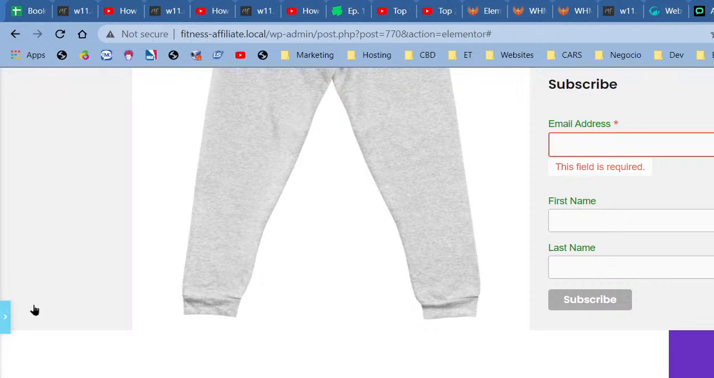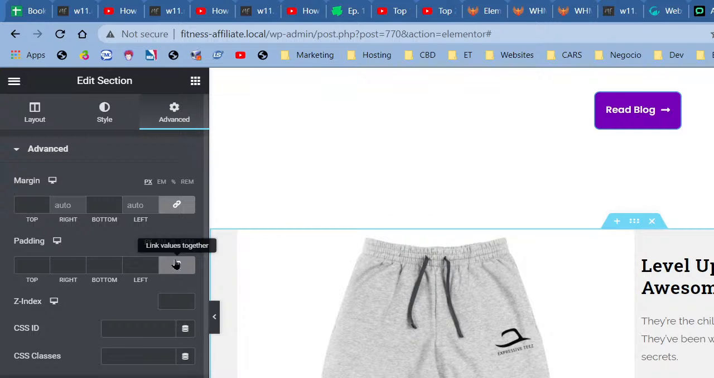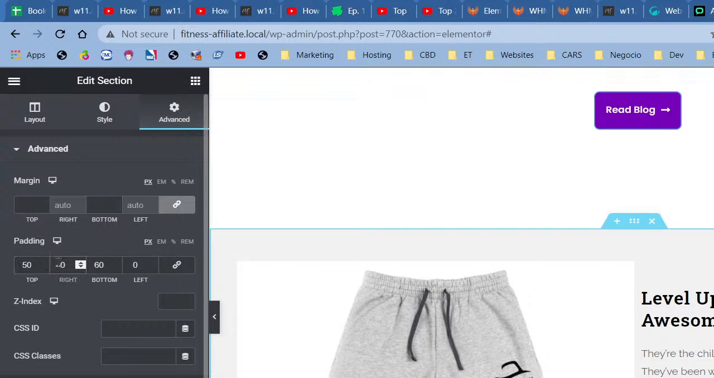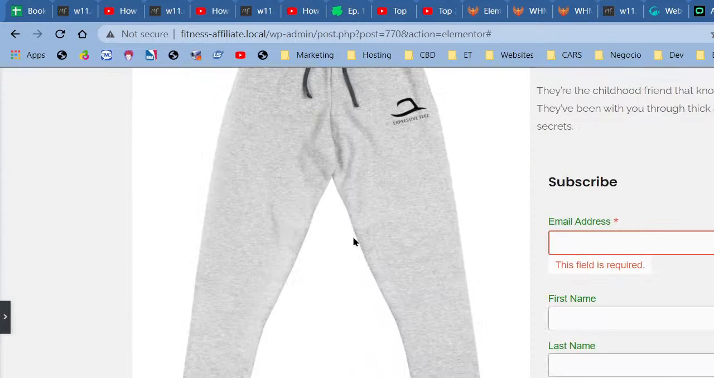That's that. Now, let's add some padding, and that's space on the inside. All right. So on the bottom, I want 60. On the top, I want 50. On the left and the right, I want 20 each. All right. Now that I have this out of the way,